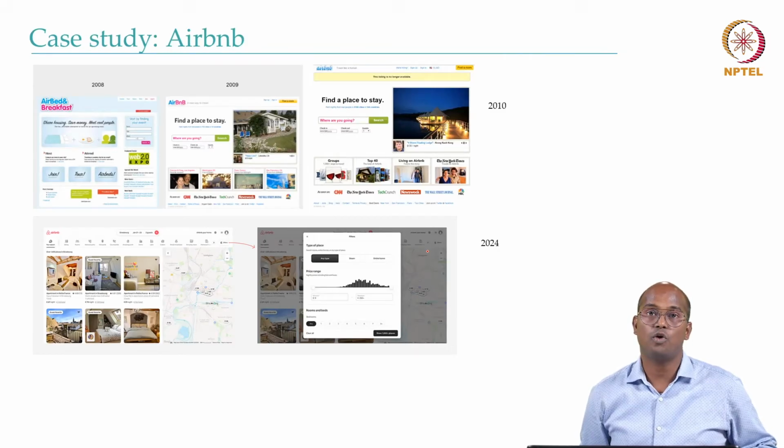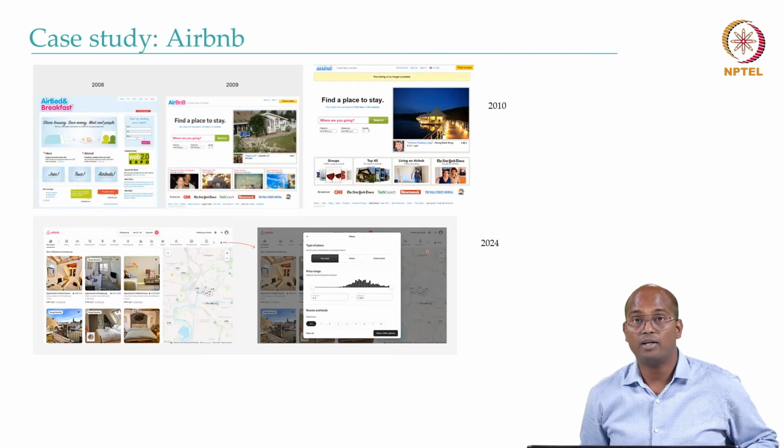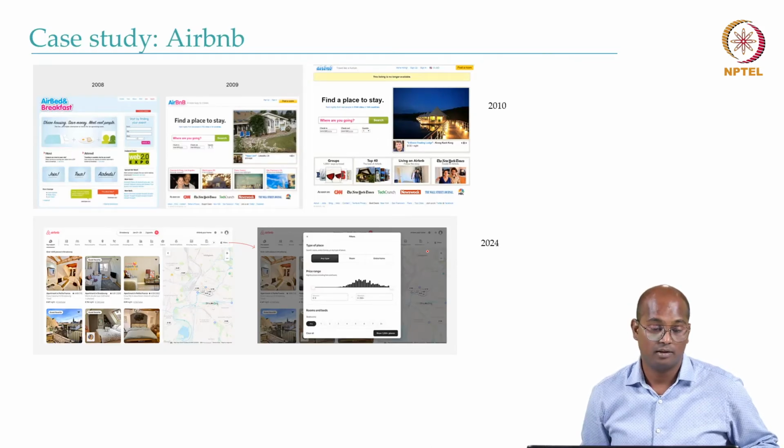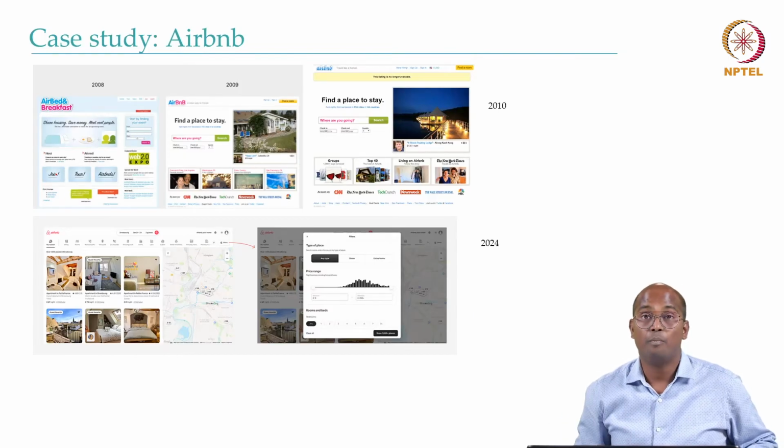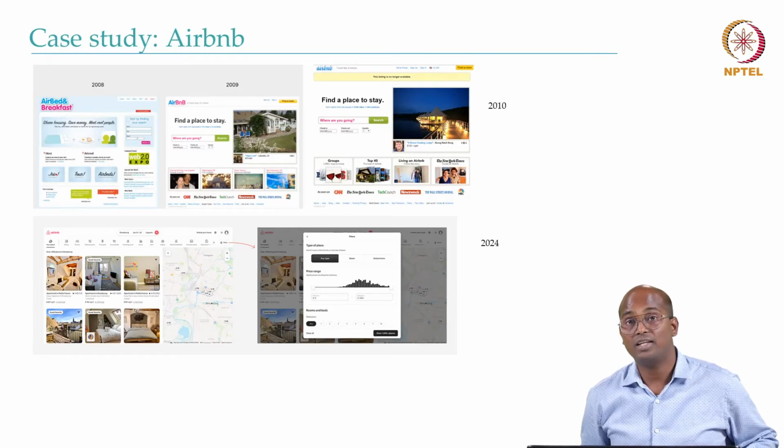This is the use case I was talking about, Airbnb. Airbnb is now a big, billion-dollar company, but was it always the case? No, it was not like that. In 2008, it was a very small company. But design thinking turned this company into a billion-dollar company in just a few years, by making changes to their system, website, and UI based on the design thinking procedure they followed.